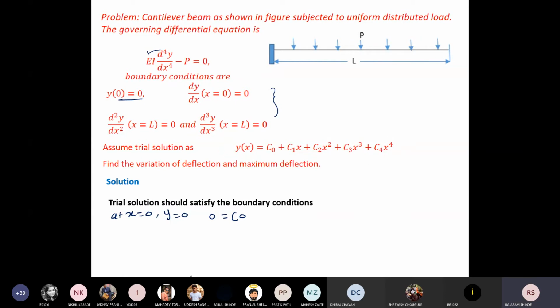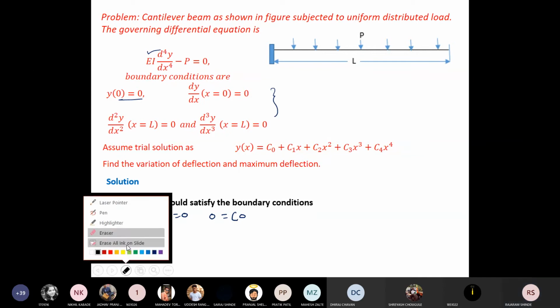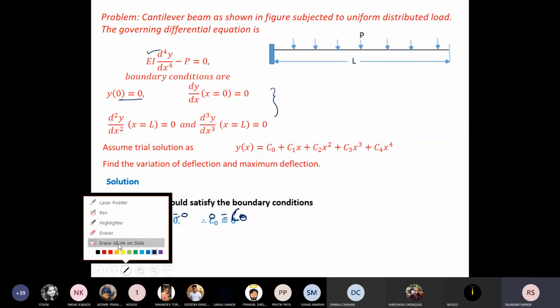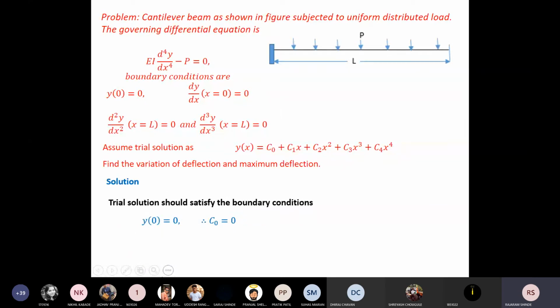Have you got this? Why have I written this? Because my y is 0 at x is equal to 0. So I will get C0 is equal to 0. Now this is according to your first boundary condition, y at 0 is equal to 0, so C0 is equal to 0. I will write this as the first boundary condition. Now second boundary condition,